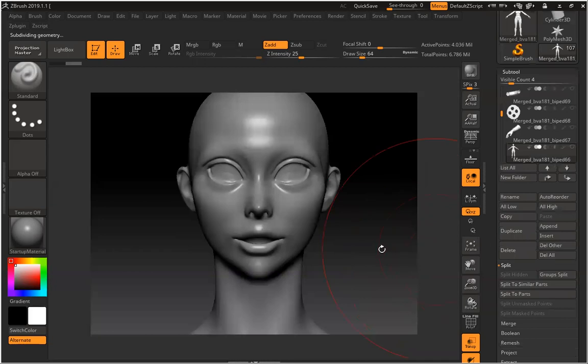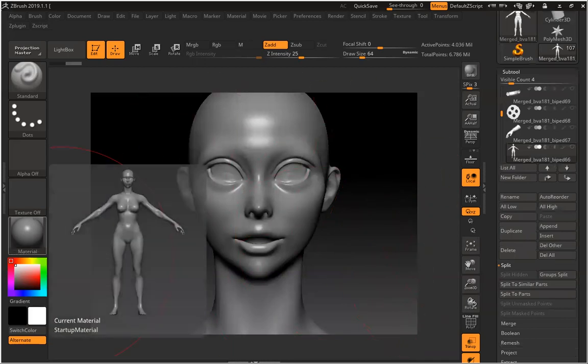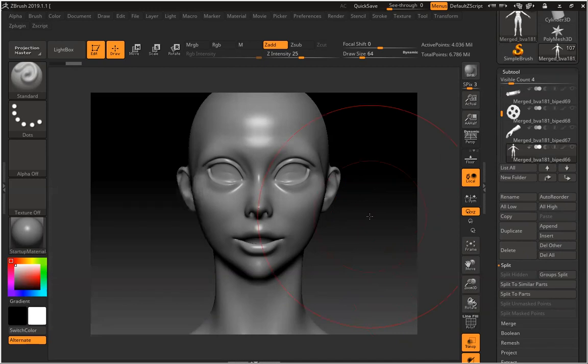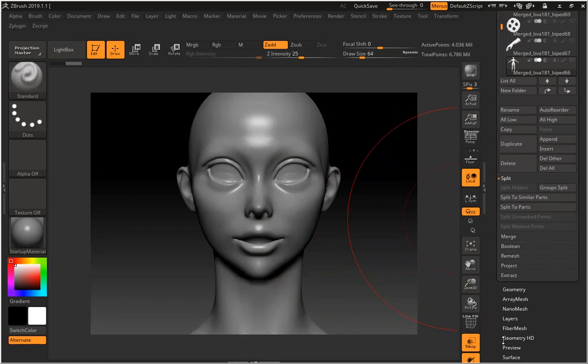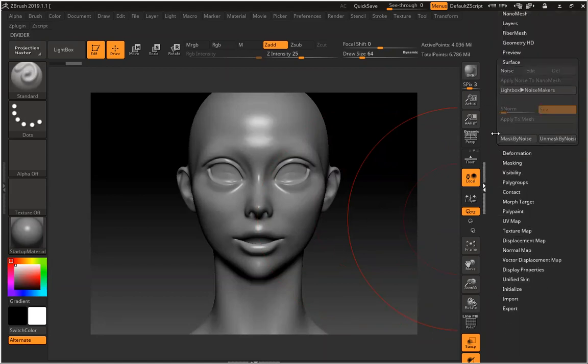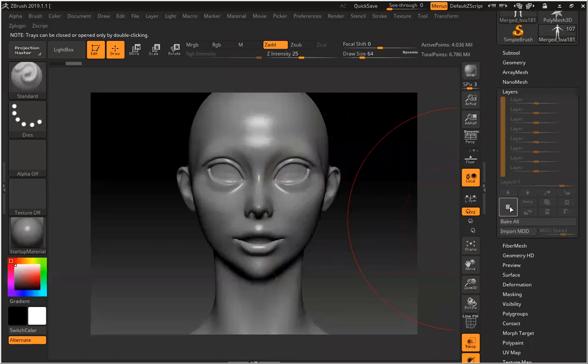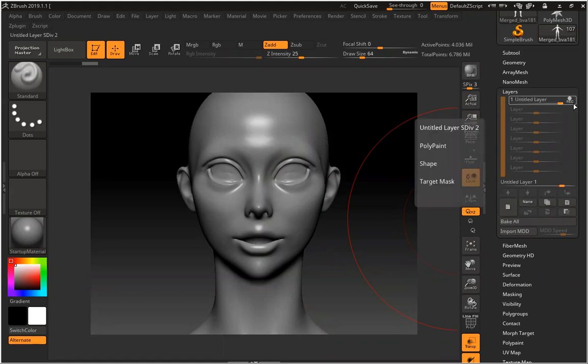First thing, to create believable skin, you need skin pores and all those details. Our skin is not flat. Before that, I'll go to layer and create a layer. This layer works exactly like Photoshop layers. You can add whatever you want, modify, and control the transparency and intensity. So whatever I do now will be stored and be part of that particular layer only.